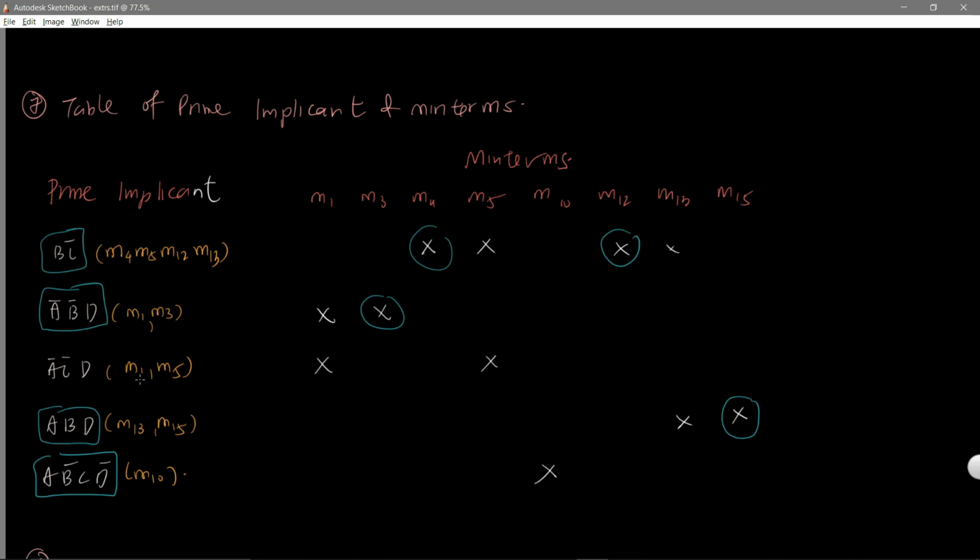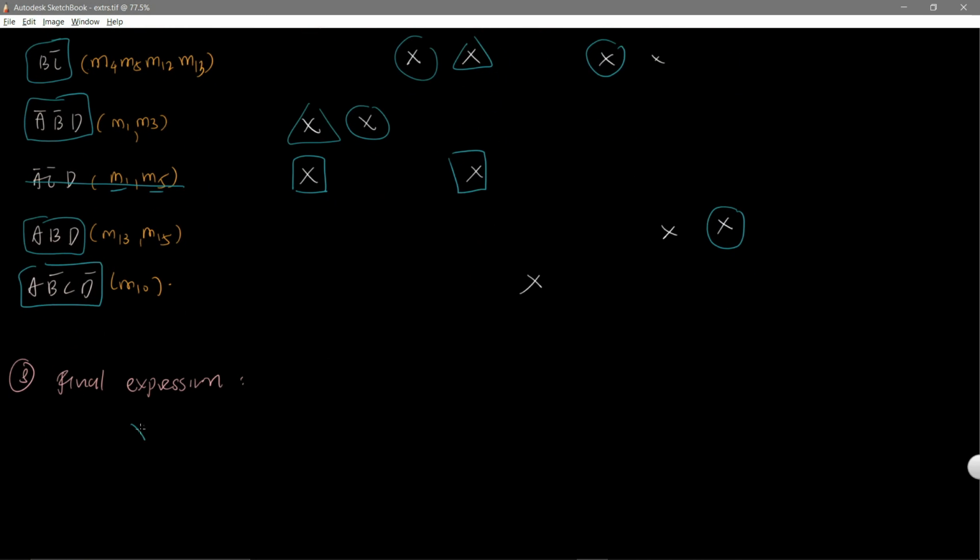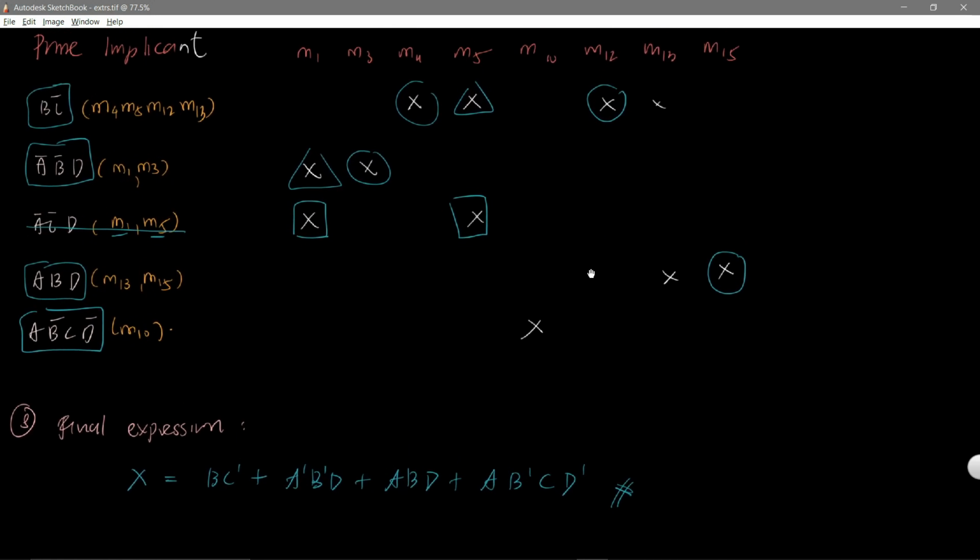And we can see that both M1 and M5, aside from these two, we already have replacements. So you can see that this term is not actually necessary. So you can just go ahead and remove it. So now the final expression you want is this one. So this is how you do the Quine McCluskey method,